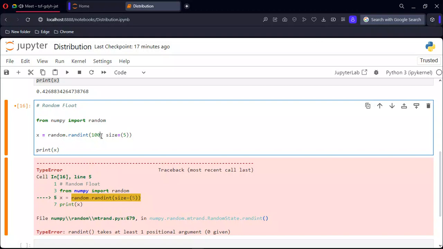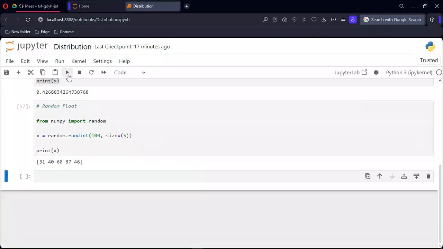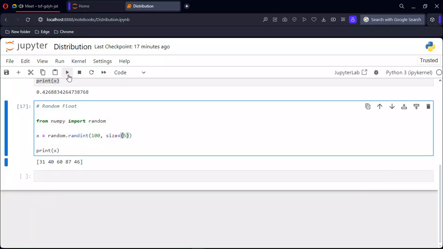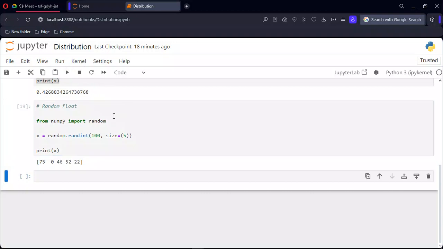So the first one defines the range of the values that are going to be returned, like the maximum number that is going to be returned. That's why when I run it again, it will generate another random number, but the range should not surpass 100, between 0 and 100. Anytime I run it again, you see it will generate a different number. So this is random int. And the same should also work with the